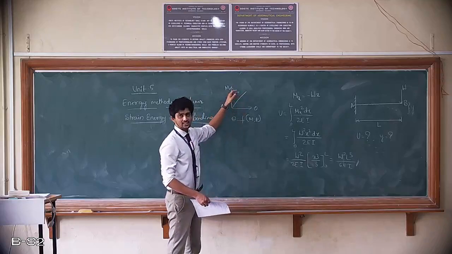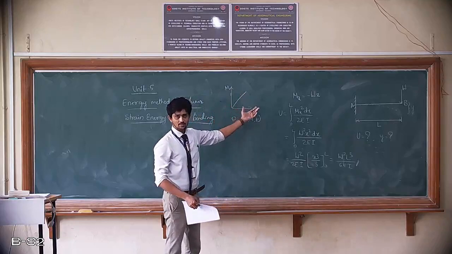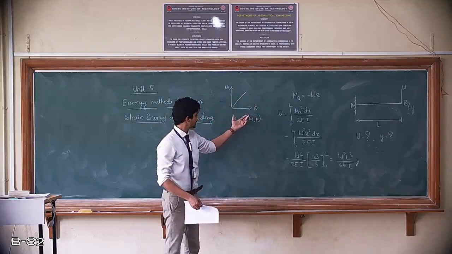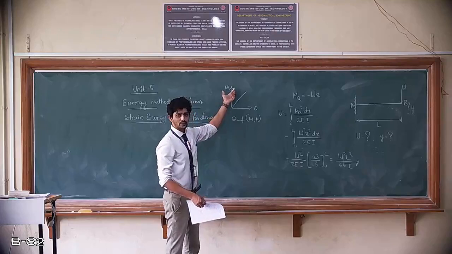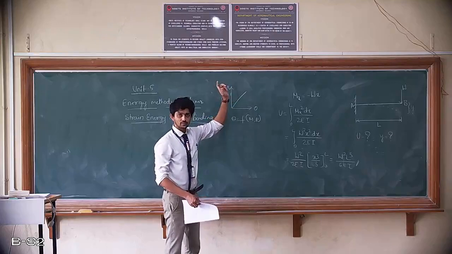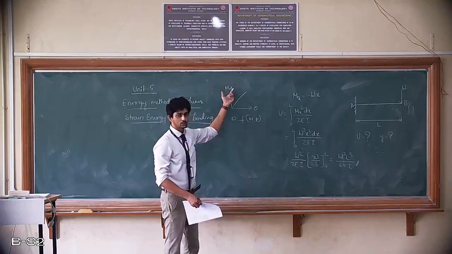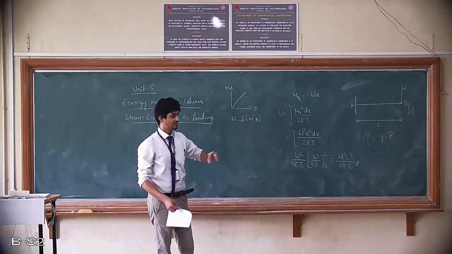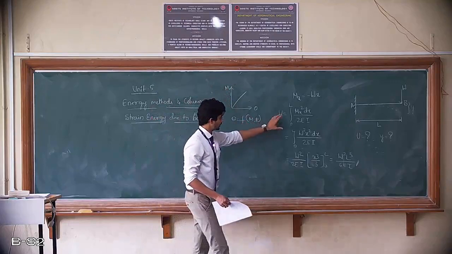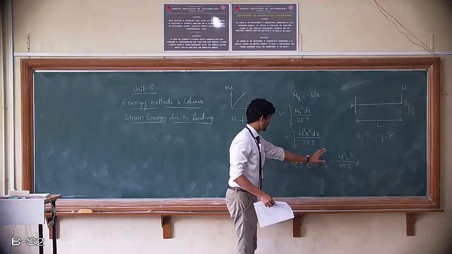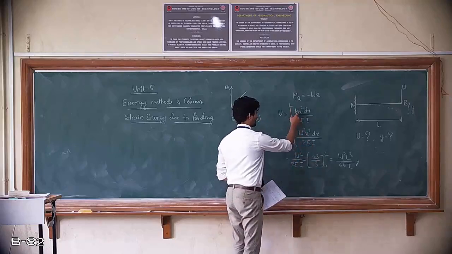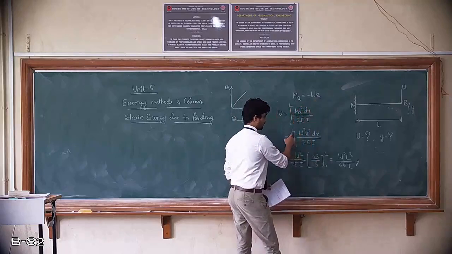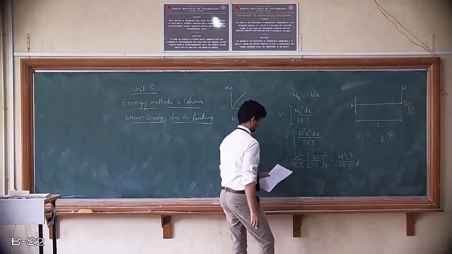Irrespective of whether it is a cantilever beam, a simply supported beam or an overhanging beam, the moment we deduce from the bending moment equation or from the bending moment diagram is what matters here. So the equation will remain the same, and this is how we solve by substituting for x, where x is L. We get this equation.